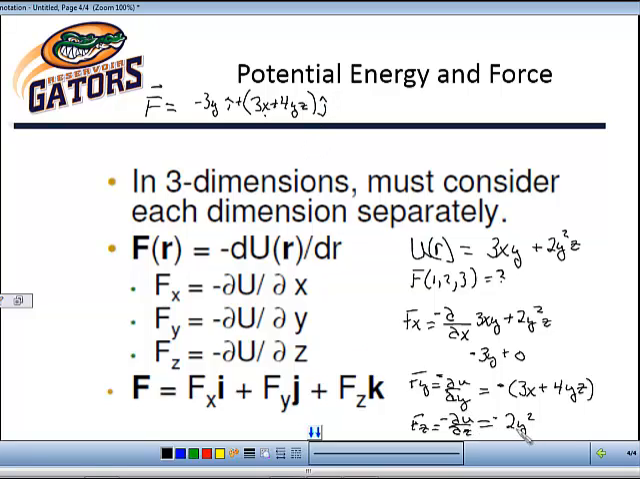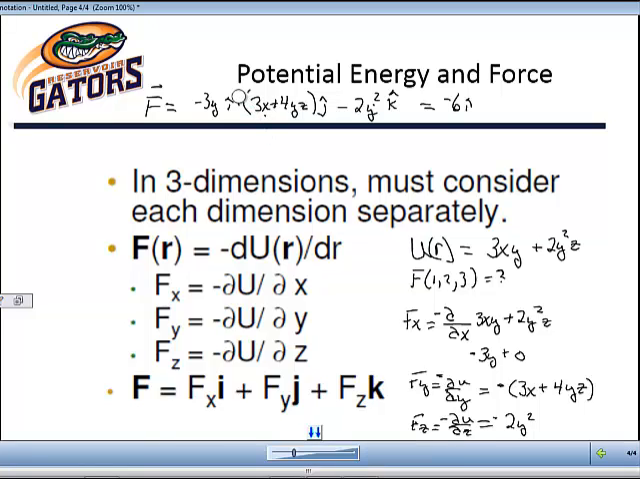And then in the k direction, we have minus 2y squared k hat. Now, my original problem was, what's the force when x is 1, y is 2, and z is 3? Well, we substitute in 1 for x, 2 for y, 3 for z. So the x component would be negative 3 times 2, which is negative 6. In the y component, 3 times 1 is 3, plus,